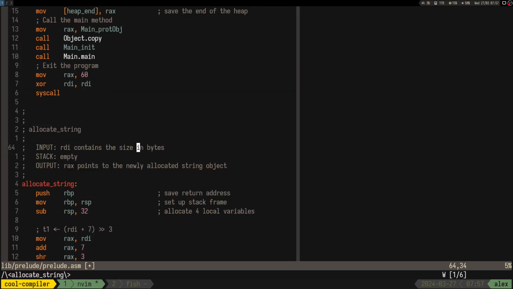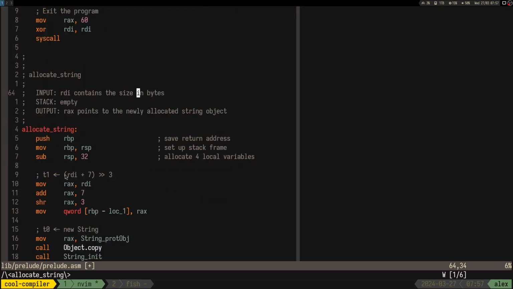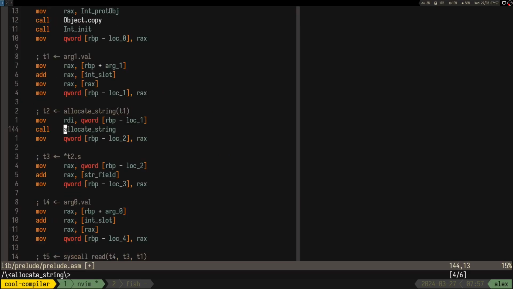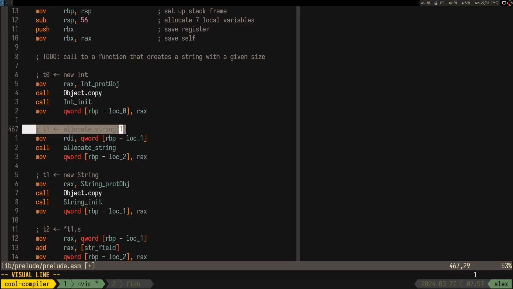RDA contains the size in bytes. Okay, so if I say 1 byte, it's going to do everything automatically. Nice. So let's say we want a string of size 1, so it's going to allocate 8 bytes for us. It has to be aligned. So we have to move into RDI 1,